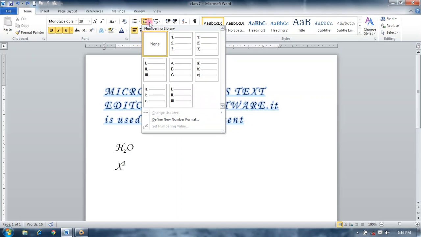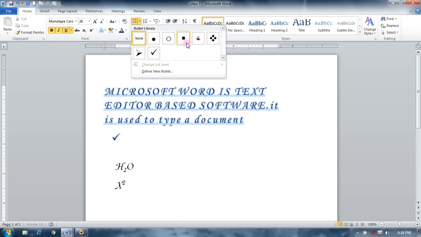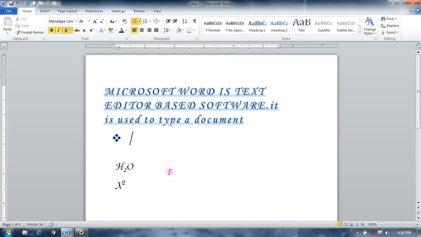Bullet or number list is applied when we are creating a list. If you are creating your friends list, you can type a name and click enter, so automatically the next bullet is here.